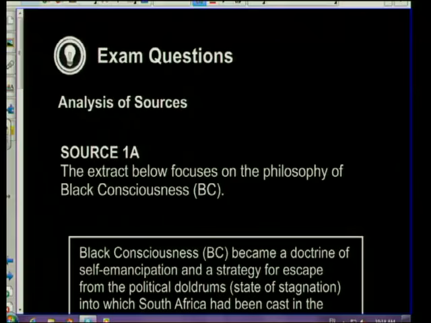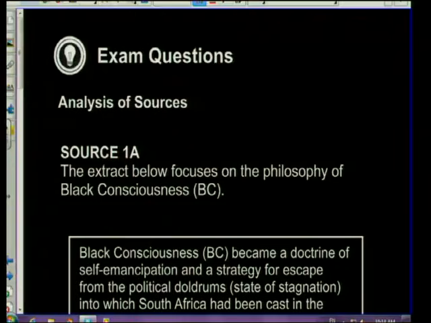Moving on, we're going to use an exam question as an example. And I'm going to work through those 5 W questions and the 1 H question. Let's look at the analysis of sources. Remember, I've mentioned to you, very important, take the time to analyze the source before you actually go and answer the question. In that way, you will be able to better understand the source and apply yourself effectively.